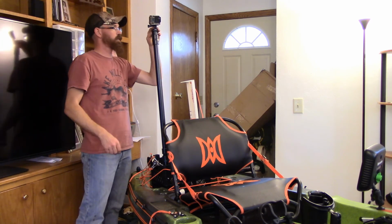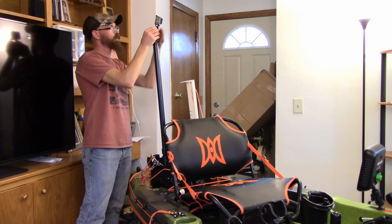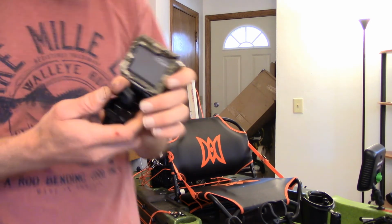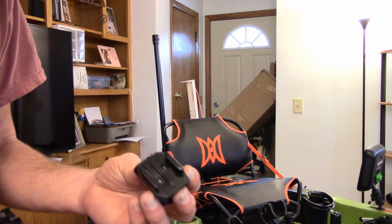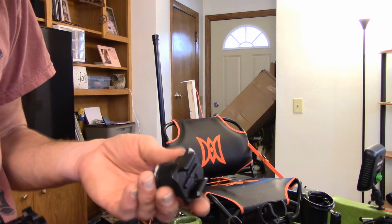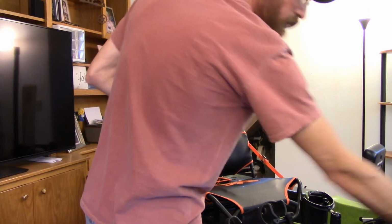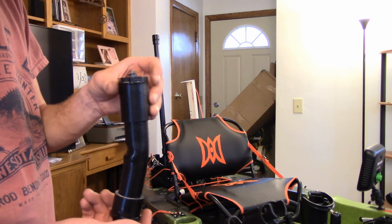Now we've got obviously the GoPro up here, and this is on a regular GoPro clip mount, whatever kind of mount you want to call this. So this is on a standard GoPro mount that I screwed into there with double-sided tape, and so that's pretty secure. And I also made this piece for the camera pole, which is so that I can